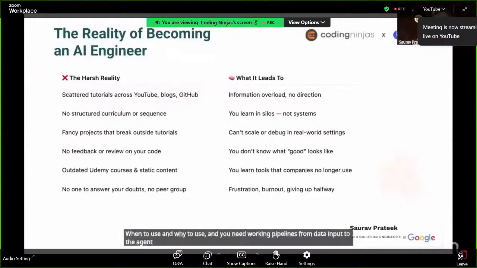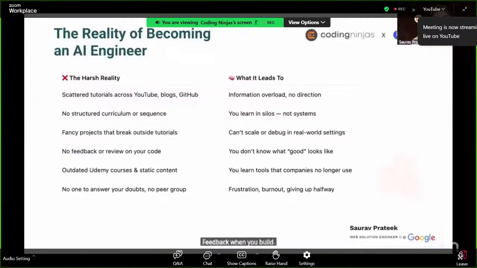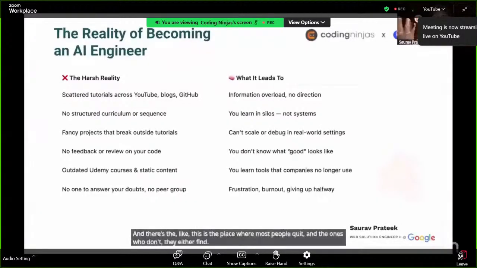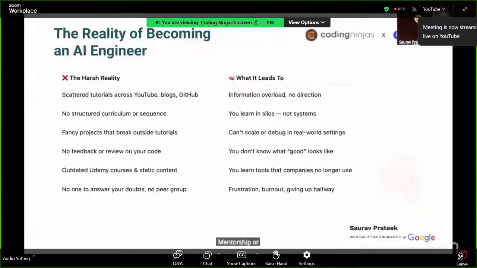And most importantly, you need feedback when you build. And the ones who don't, this is the place where most people quit. The moment they either find mentorship or structured learning, and that's where the advanced certification in Gen AI and multi-agent